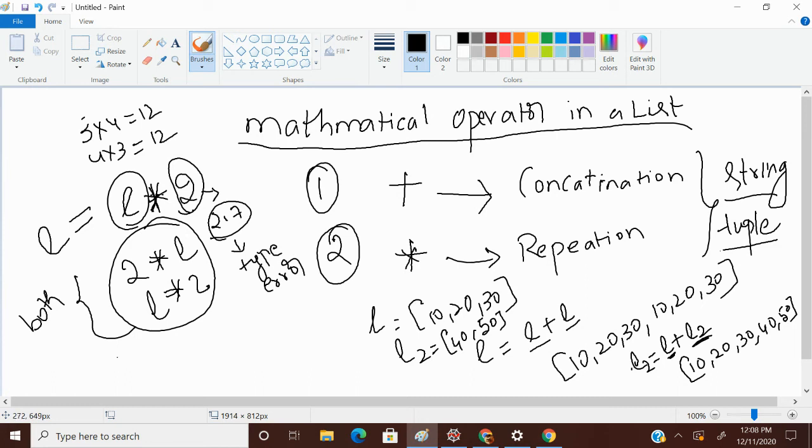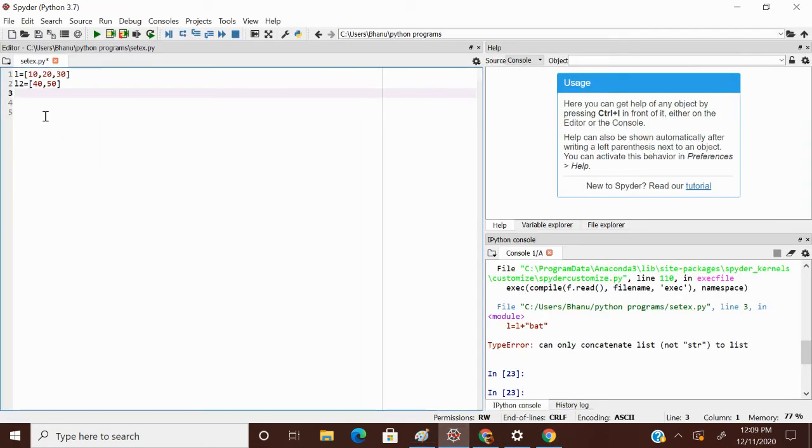So my output for L star 2: L is 10, 20, 30, and I have to print it 2 times. So this is the first time and next one is 10, 20, 30. This will be my output. Let's check it out in an IDE.